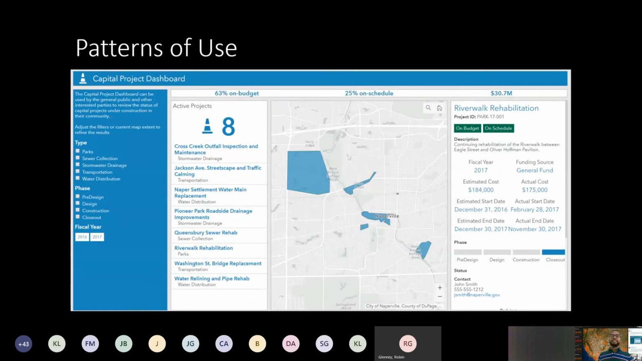It provides budget status and the time frame in which the work will take place. There is a map, there is a ton of information here, and the citizens can also consume the details about the project and see if the project is on budget or not. So the whole idea behind all of these